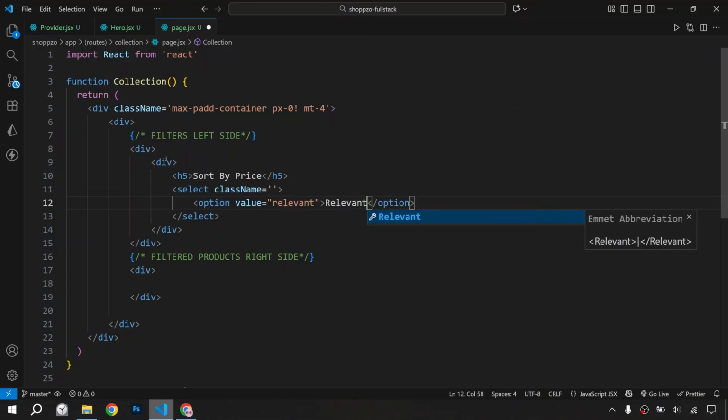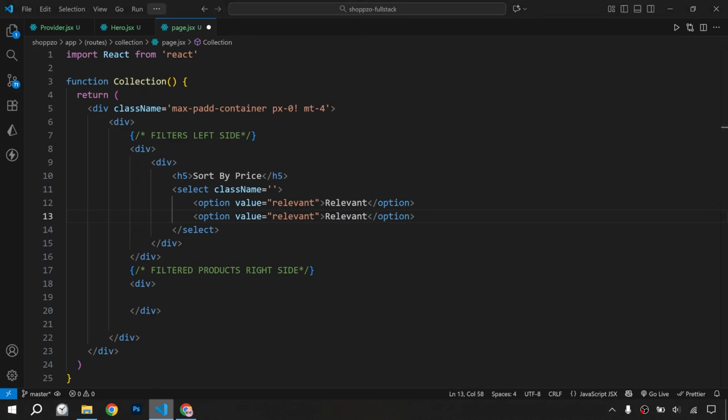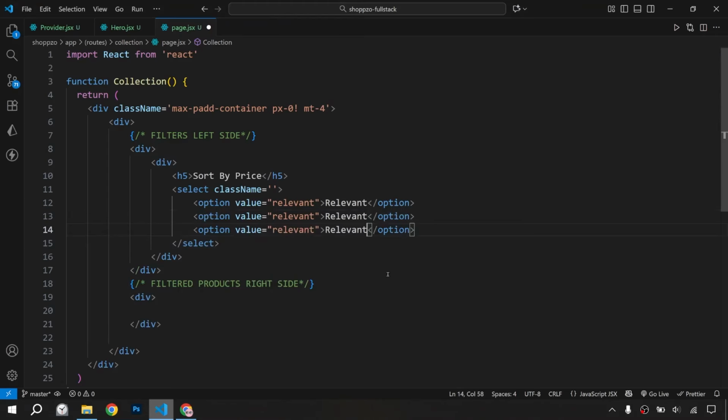Relevant, and we will copy this down 2 times, and here we will write low to high, and here we will write as very low, and this will be high, high to low, from high to low. Okay, and after this